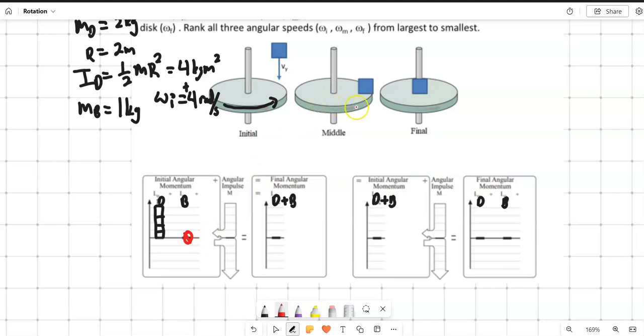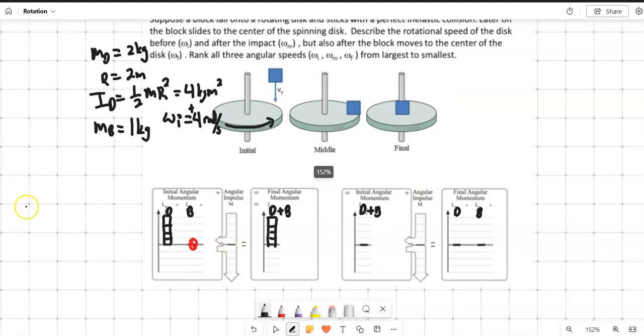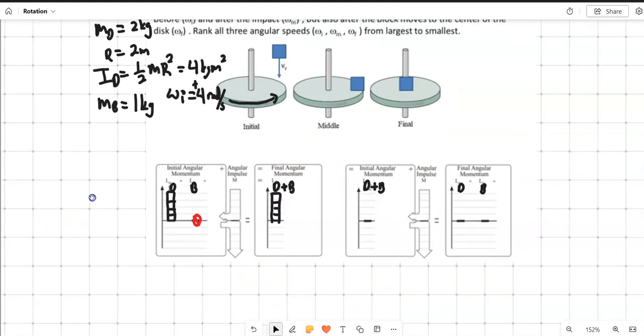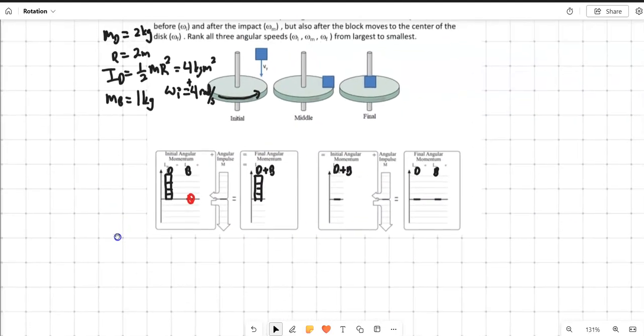And so when the block hits the disk and sticks to it, since angular momentum is going to be conserved, the initial angular momentum of the disk is going to be equal to the final angular momentum of the block and the disk. We're going to call this a perfect inelastic impact. There's probably going to be energy loss, but there's no loss of momentum due to friction or any of that stuff. Okay,